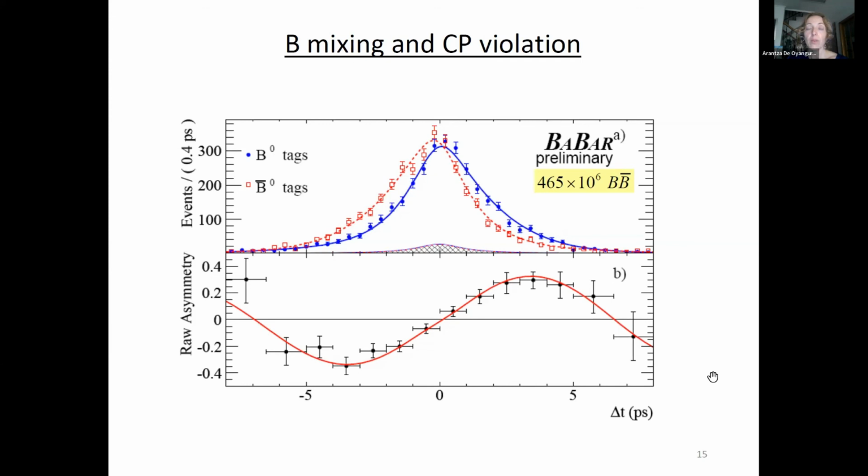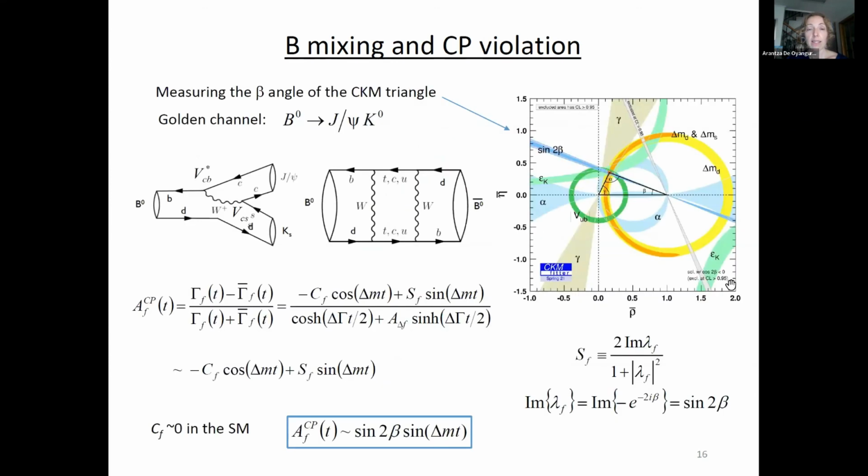Okay, this is for the B zero tags and for the anti-B zero tags. And if we measure this CP asymmetry, the formula you can approximate to something like that, and it is given. So if you consider that this is about zero in the standard model, what you have is that